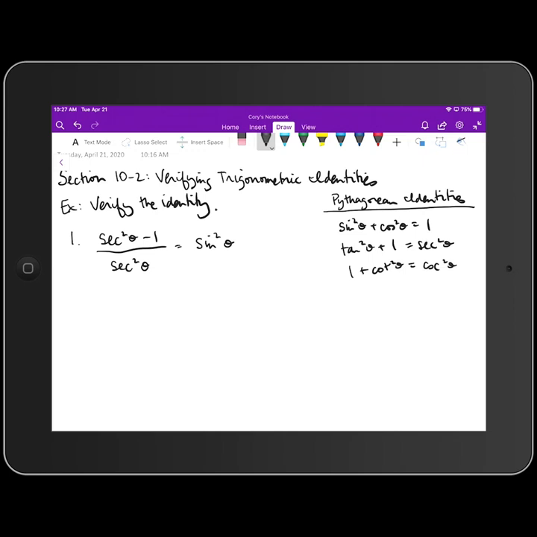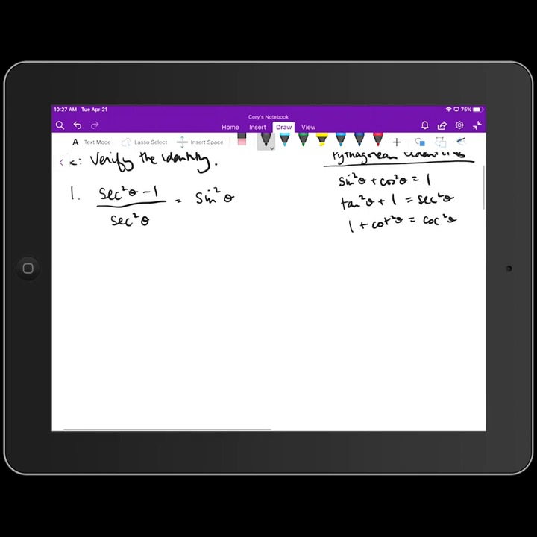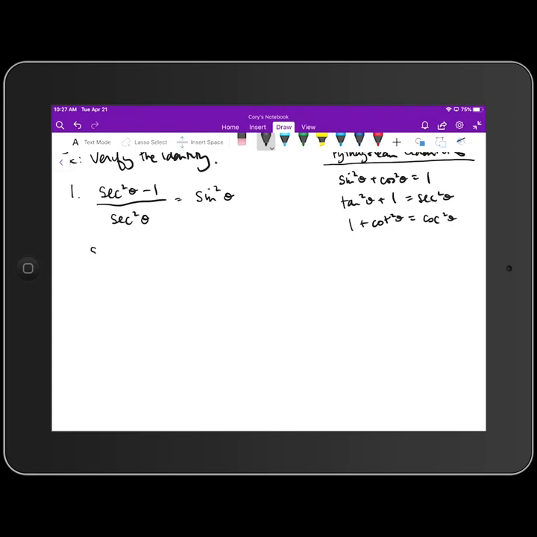Okay, so I'm actually going to work this one out two different ways. The first way I'm going to do so, again, we want to start with our more complicated expression, which is the one on the left-hand side. So we have secant squared minus 1 over secant squared. And then we want to manipulate that using identities and algebra so that it transforms into the right-hand side. So if we look at the middle Pythagorean identity, if I subtract 1 on both sides, we get secant squared of theta minus 1 is equal to tangent squared,